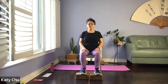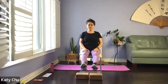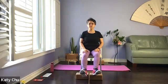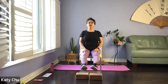Slowly come back down and we're going to move the attention to the bottom half of the body. We're going to do ankle stretch. Point and flex. Now I'm lifting it a little bit higher so you can see what I'm doing. Feel free to do it down here. Sitting up nice and tall. Point and flex,